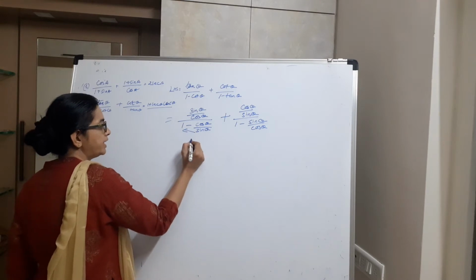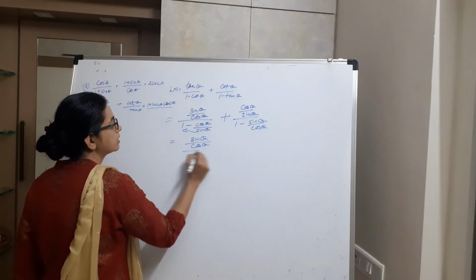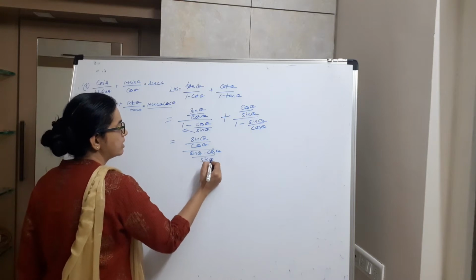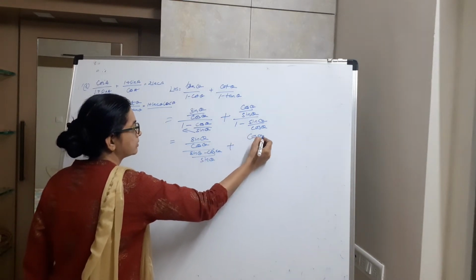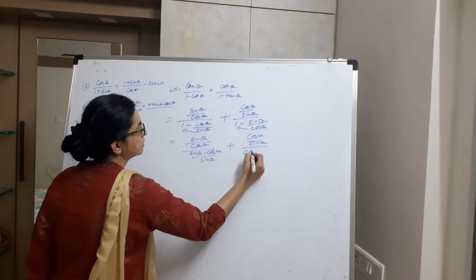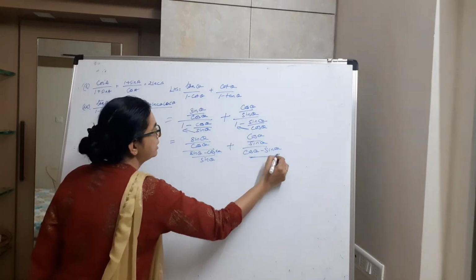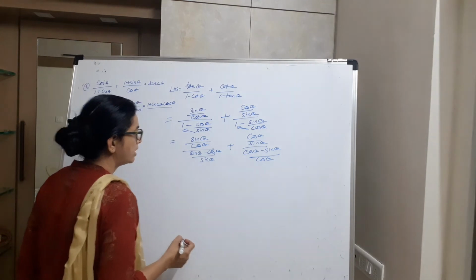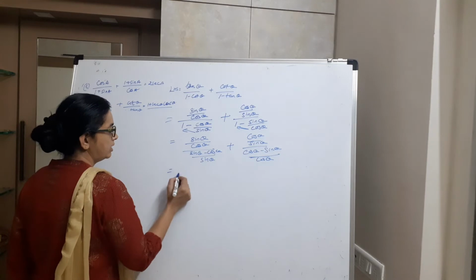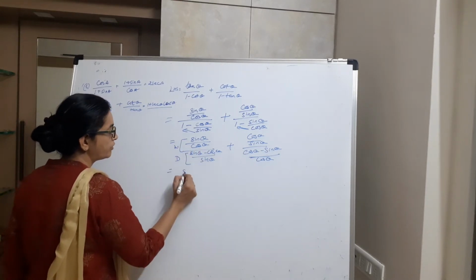Here in the denominator we'll take the LCM. Sin theta upon cos theta minus cos theta upon sin theta. Similarly, here also the same process. We will take the LCM. In the denominator, cos theta minus sin theta, this we cross multiplied, and in the denominator we got cos theta. Again, don't mingle, let these two terms be separate. This is the numerator, then this fraction is the denominator. Take the reciprocal of the denominator.